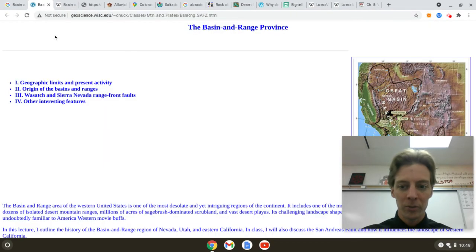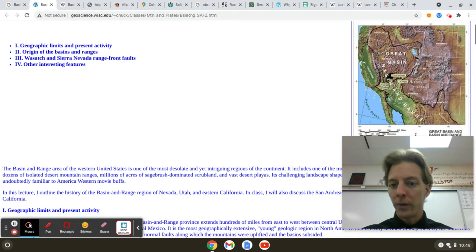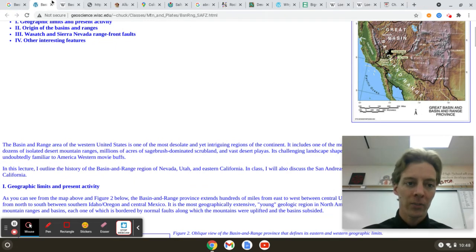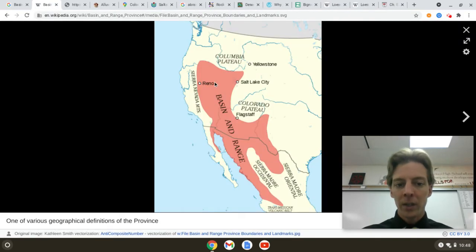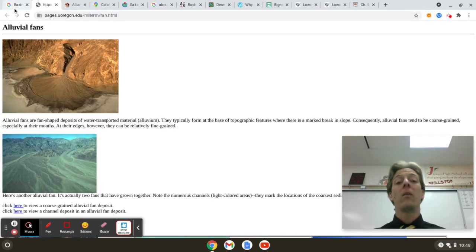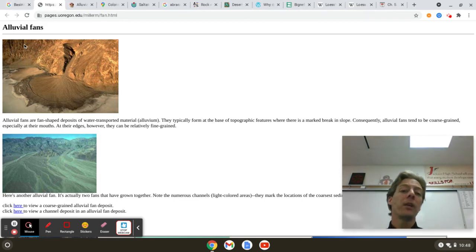Oh, there's better images. So you have the Great Basin, and then you've got basin and range down here. That's decently colored. So the basin and range extends all the way through here. It's just a description of the type of land where you've got individual small dry mountains and basins separating one another. All right. Now, what is interior drainage?